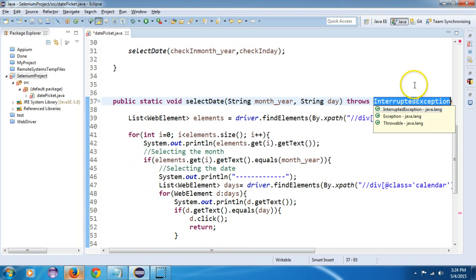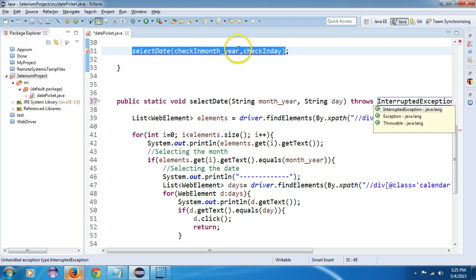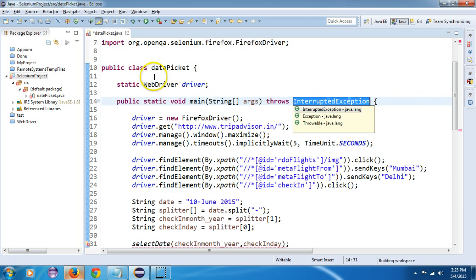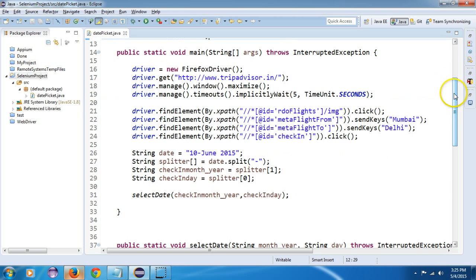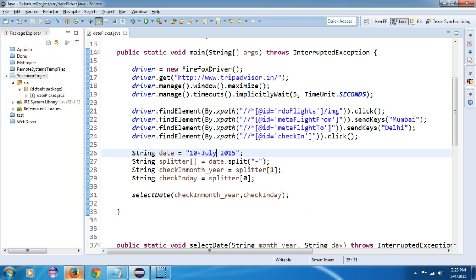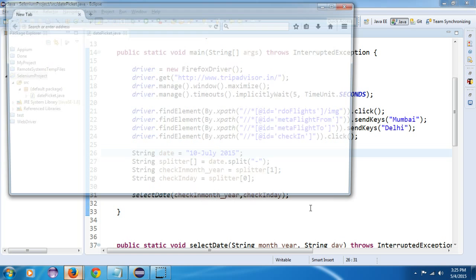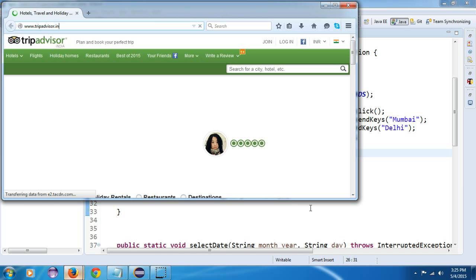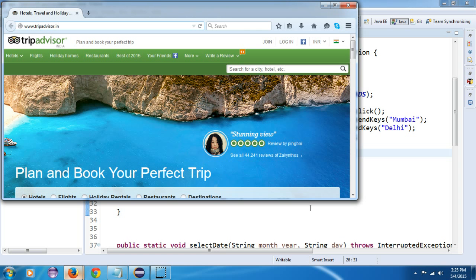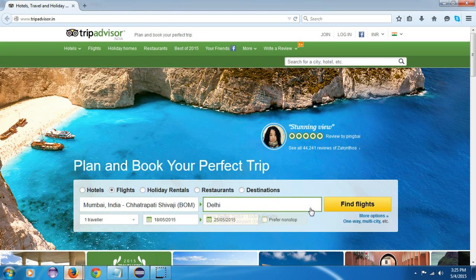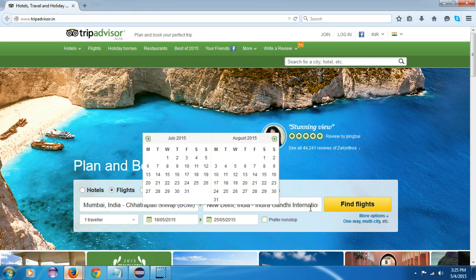We'll throw this exception. Now I want to select a date that is in July. Now see if we are able to select the date for the next months. Okay, so it is launching the browser, it's navigating to TripAdvisor. Yes, it has clicked, you see,